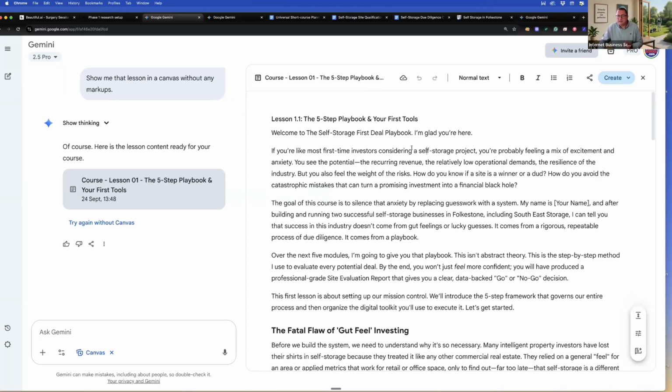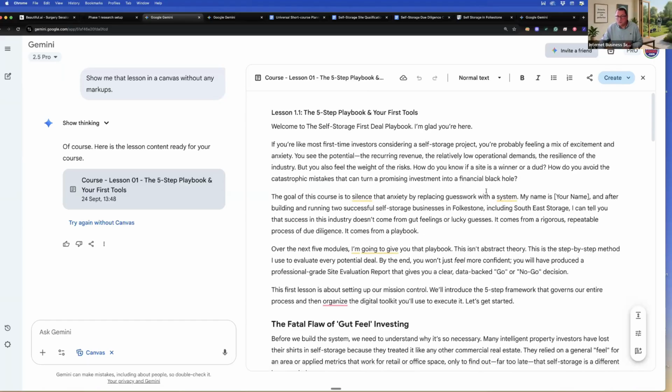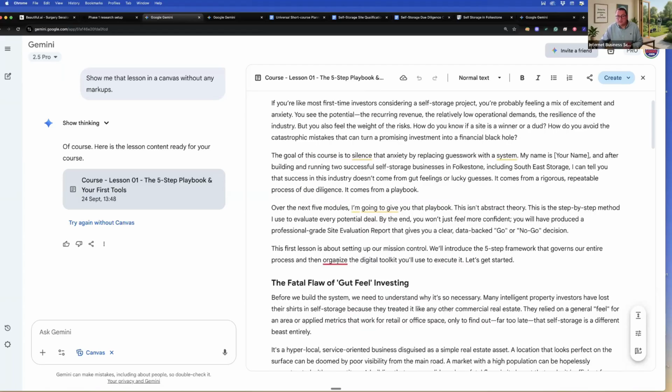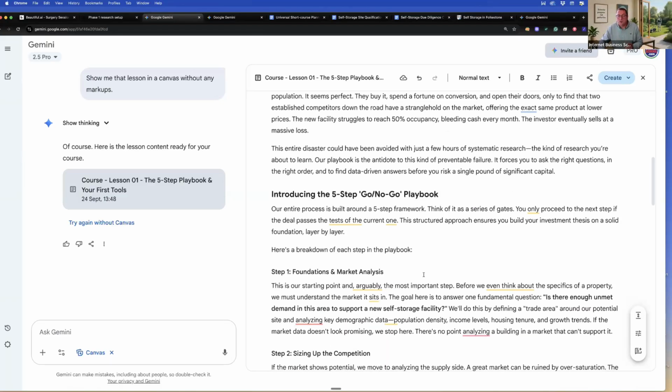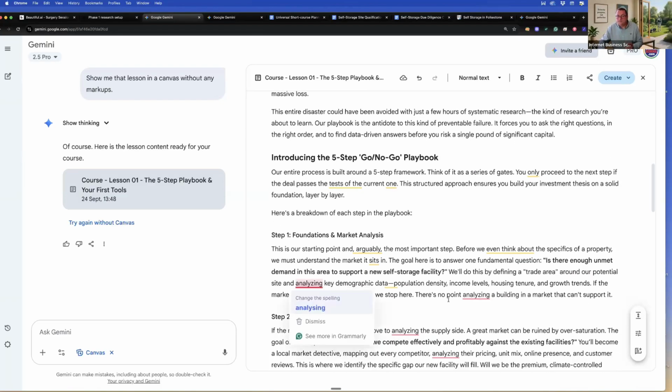So if there's anything else that I wanted to change, I can literally just click in here and change it. Okay, this is American English, so if I want to change it to organize with an S, not a problem. I can type new stuff in, or I can